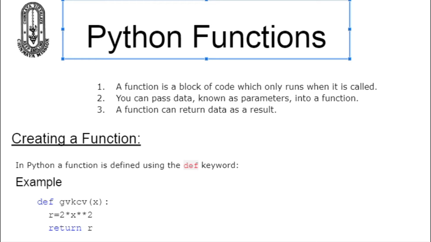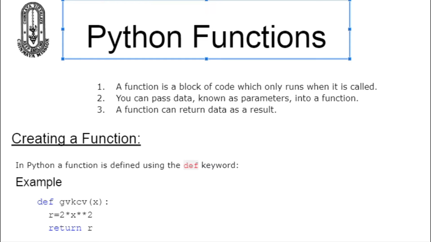The variables or identifiers inside the parentheses are arguments or parameters. Here x is the parameter of the function, and there is a colon at the end of the def line, meaning it requires a block. The statements indented below the function define the functionality or working of the function. This block is also called the body of the function.